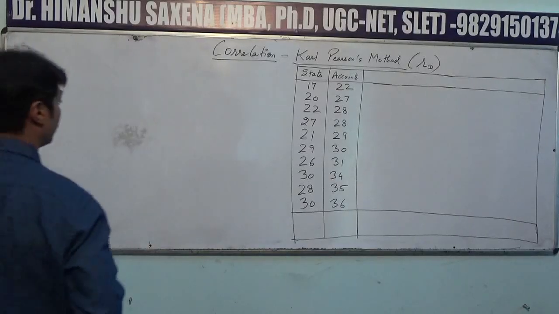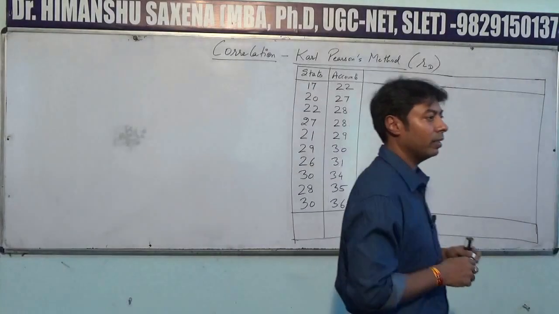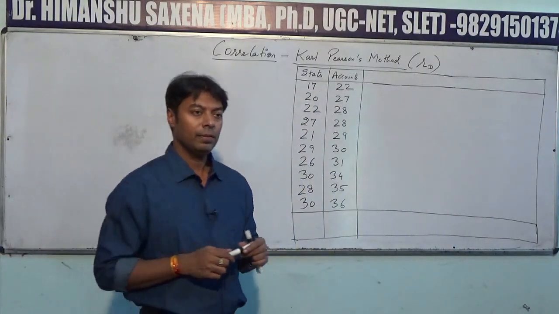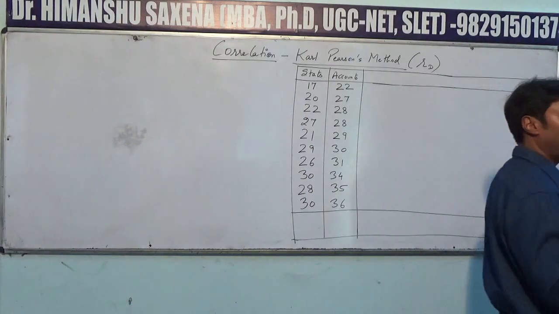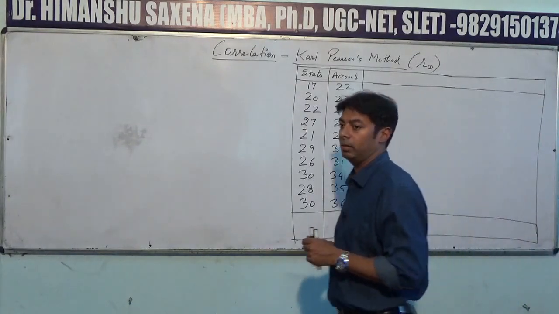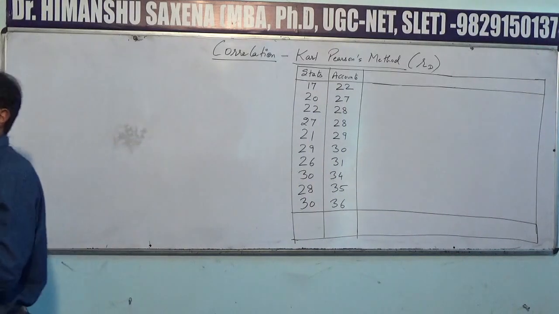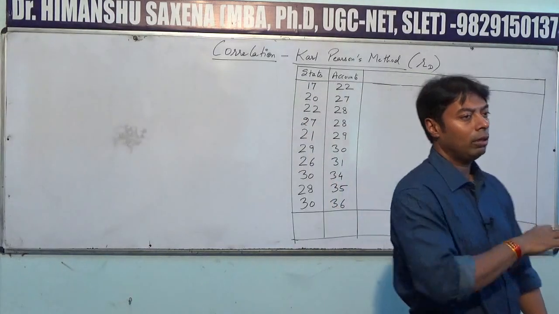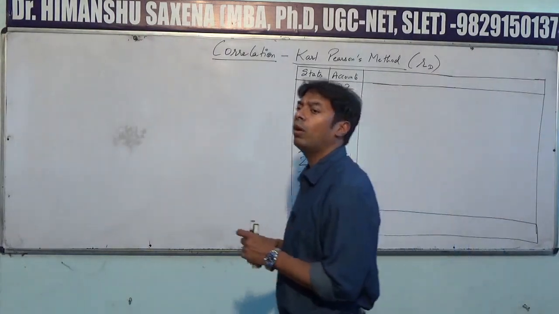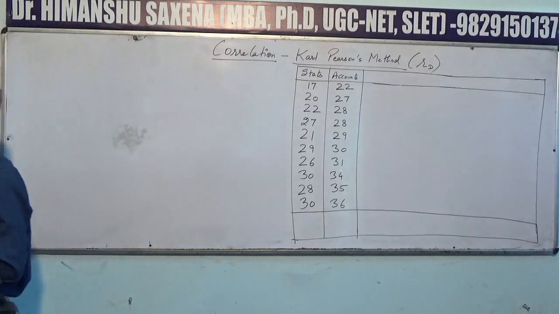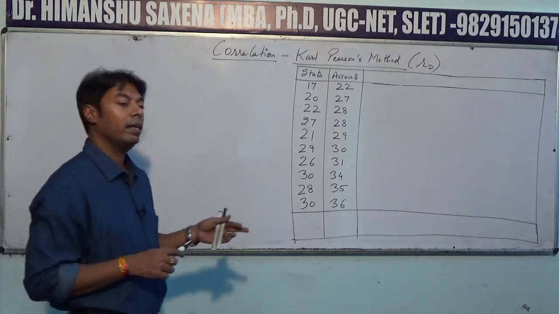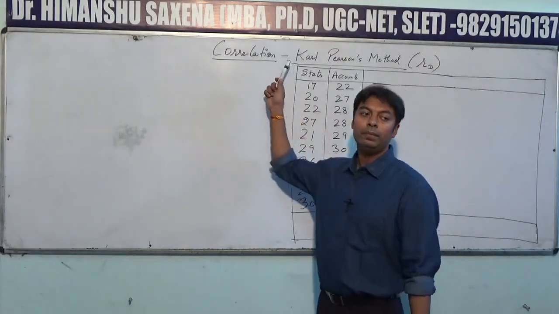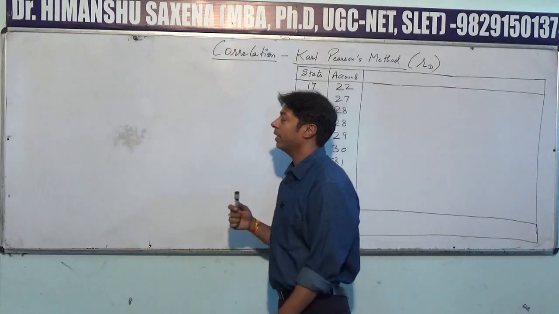So the topic for today is correlation. Now remember, correlation is a process of finding out the degree of relationship between two variables. Now what is the degree of relationship between the two variables? Whether the degree is high or low or moderate. So whether the variables are moderately correlated or highly correlated. This is the objective of applying this model called correlation. That is the topic for today's class.